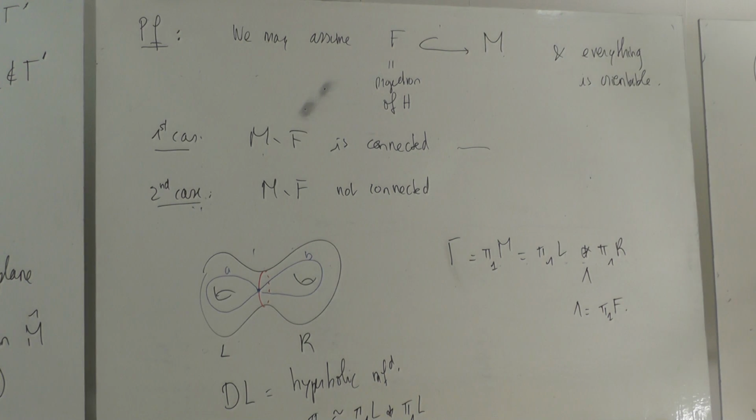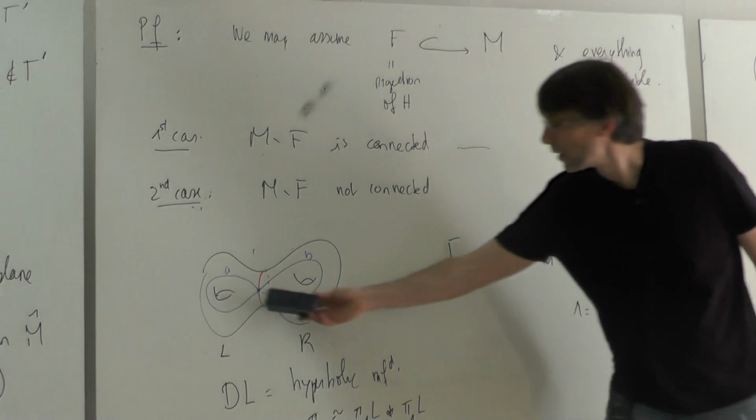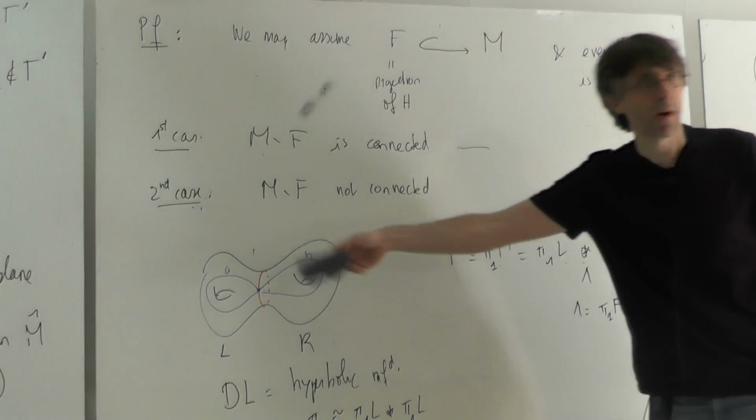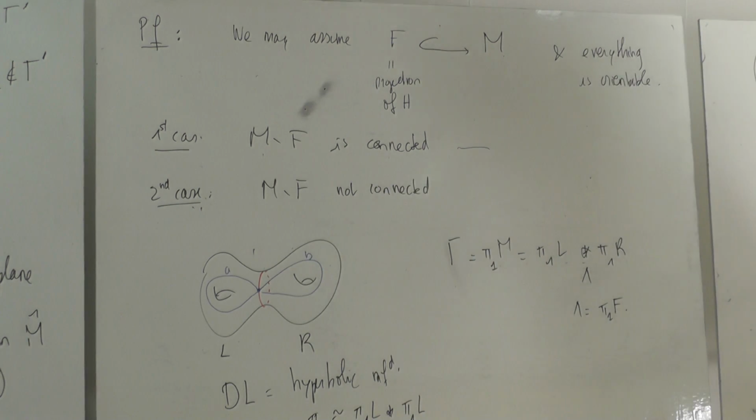Okay? So by non-trivial you mean it's more than just lambda? It's more than just lambda. There exists an element in pi1 of L that is not contained in lambda. And in fact, it's an infinite order element, because there are only infinite order elements here and so on. Okay. And so now, what's the